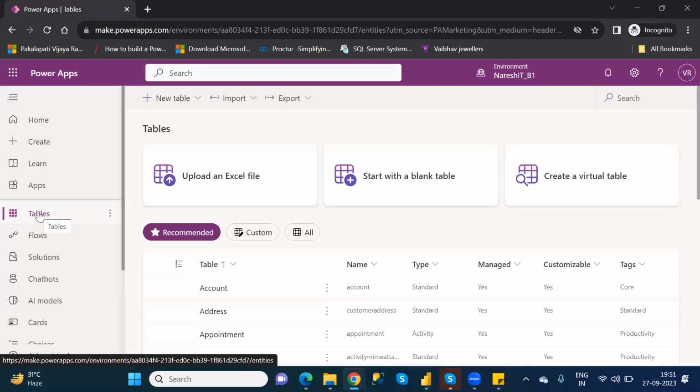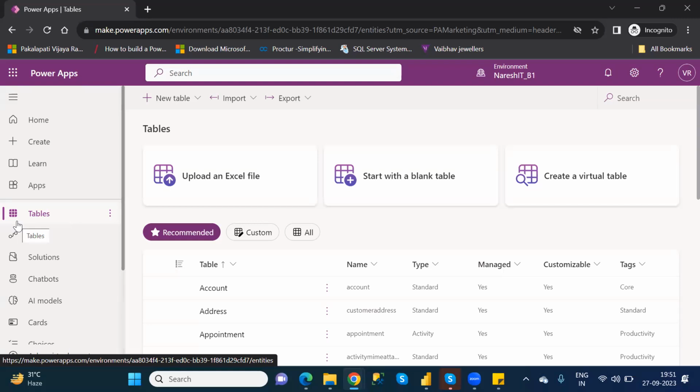Tables just means storing the data. If you want to store the data in Power Apps, tables is the option. Here we can store our own data, or else Power Apps also provides some sample tables, and those you can also use.